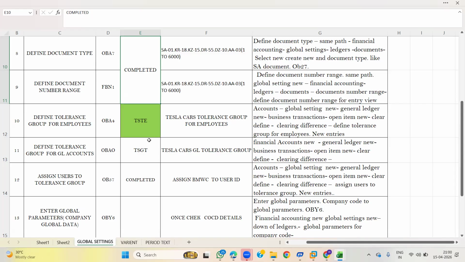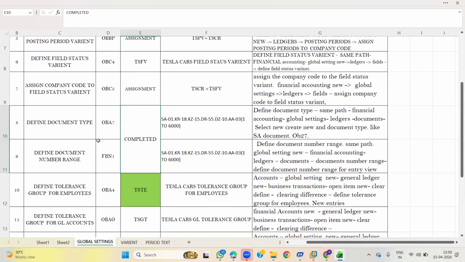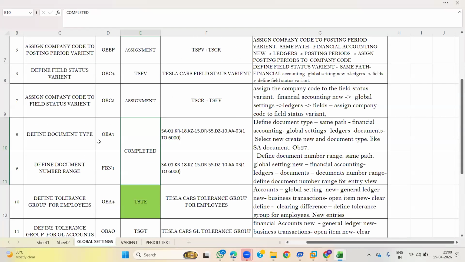Next, field status variant. Field status variant controls which fields are required, optional, or suppressed during the posting of GL accounts. So we use field status variant for that.